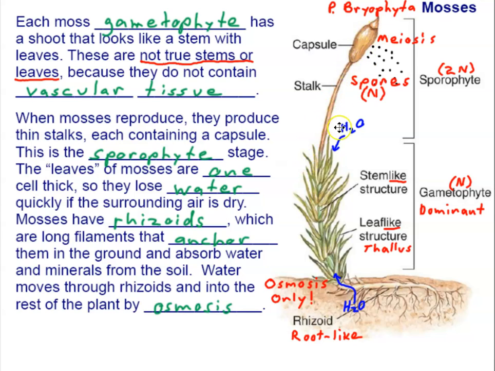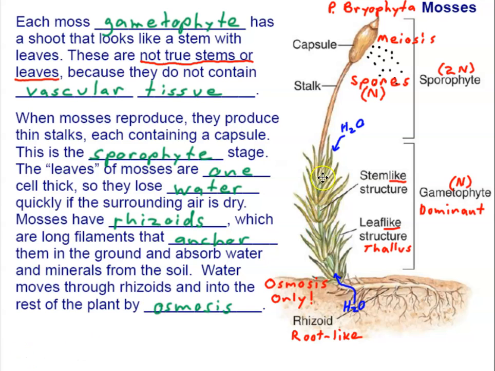So the sporophyte is a separate generation. It's a separate plant, but it grows right out of the gametophyte and is supported by the gametophyte nutritionally. That's where it gets its nutrition. You notice it's not green. It doesn't photosynthesize at all. So it relies on the food that's produced by the gametophyte in order for it to grow and produce spores.